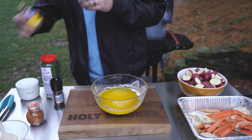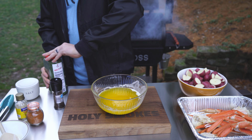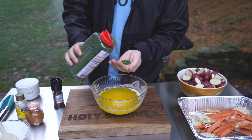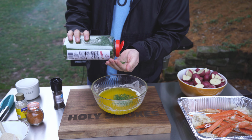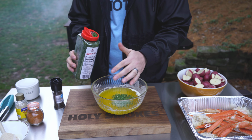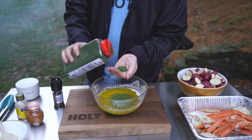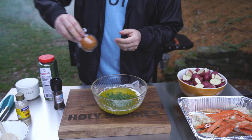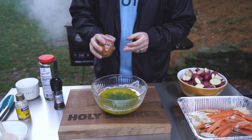Okay. Next thing is I'm going to put in some parsley, and we're probably going to do about, I don't know, 3 tablespoons or so. As you can see here, I'm being very precise with my measurements. That in there. So next I'm going to put in some seasoning, and this is a kind of Cajun seasoning